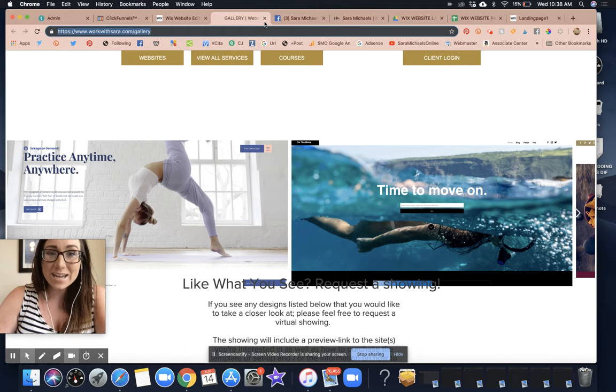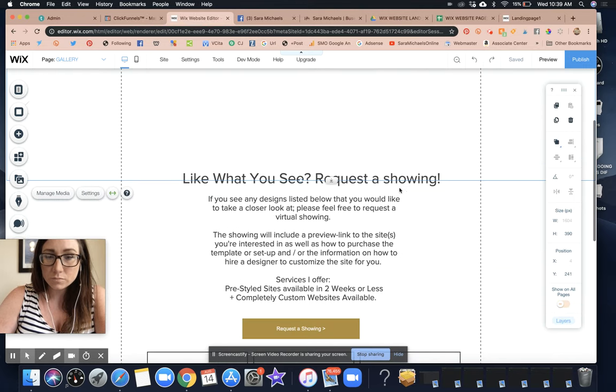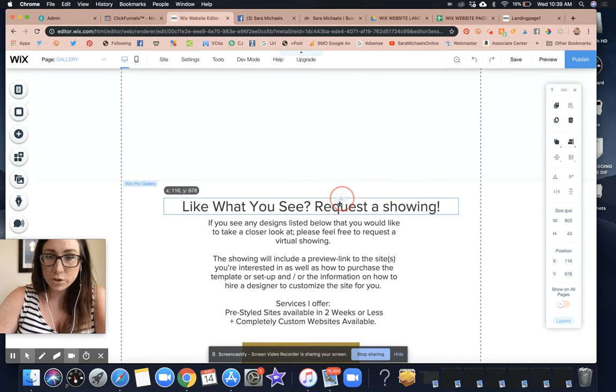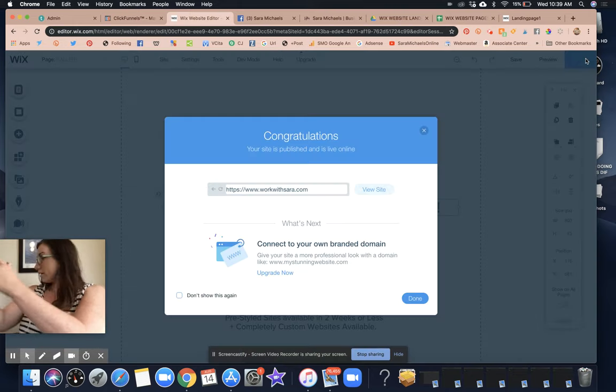Now, the next thing that you want to make sure you have done is, first of all, I can see now that this was interfering. It was too close to the gallery. So I'm going to adjust that. It's always important that you preview your work,